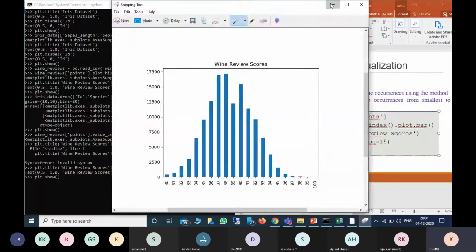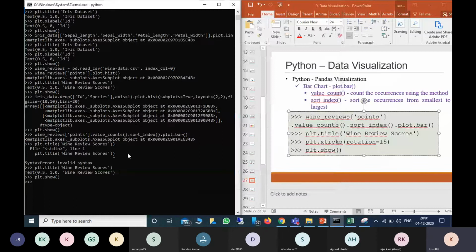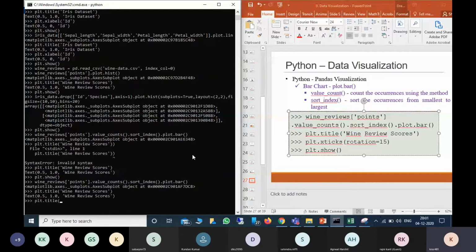So for example, this is my current figure. Now I will draw the bar chart again, but here I am going to give plt dot xticks, rotation 15 degrees. That will give some slant so that we can see that one.